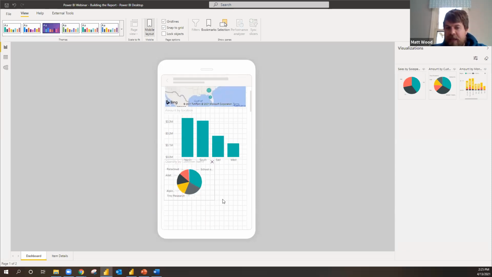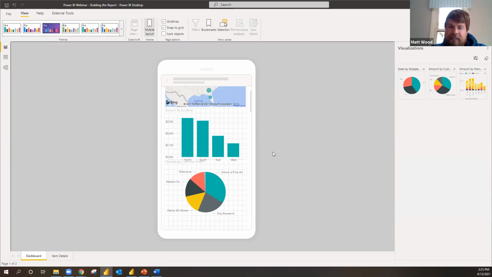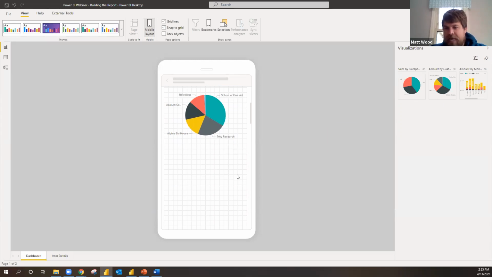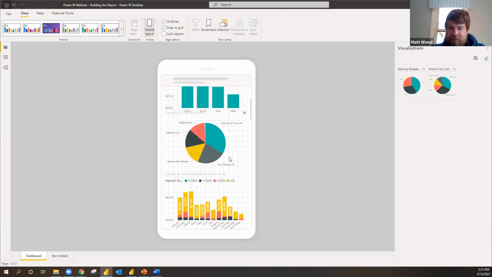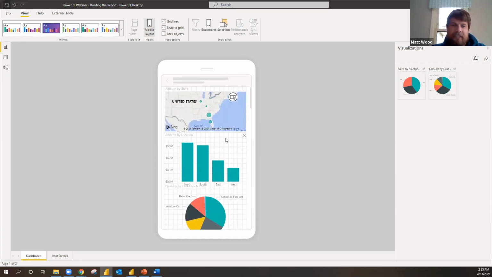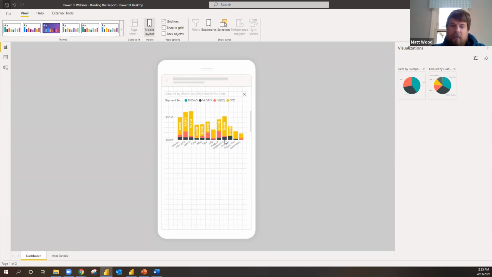And I can tell it I want it to render like this on a mobile device, and I want it to render just how I had it set up on the other one. So she's just dragging those on there, and then it's just as simple as saving that. And once I do that, anytime I open my mobile app, I'm going to get this view. So I might have a little bit different view based on whether I'm looking at it mobile or if I'm looking at it on a computer, or even like an iPad, a tablet that has a little bit bigger screen.